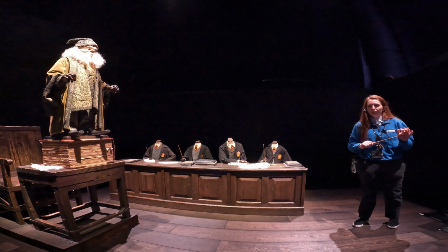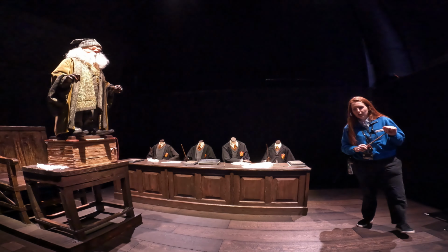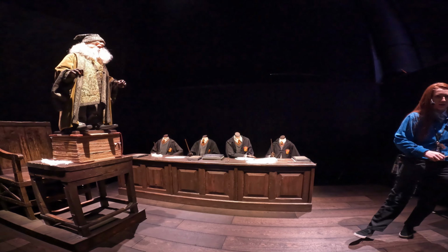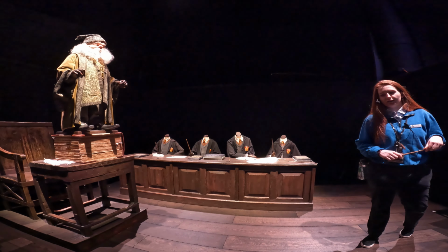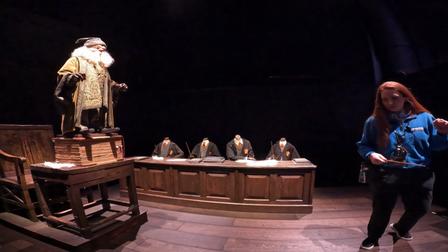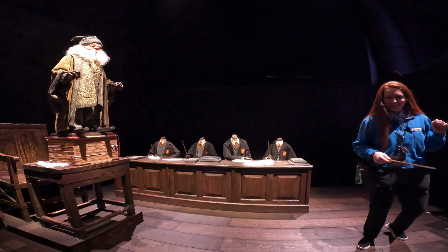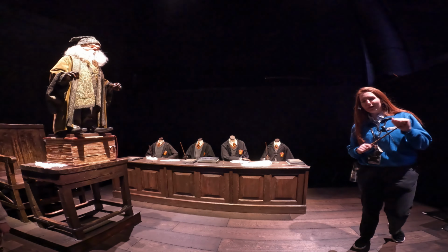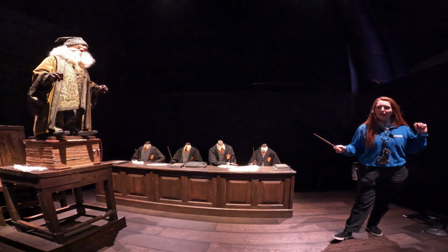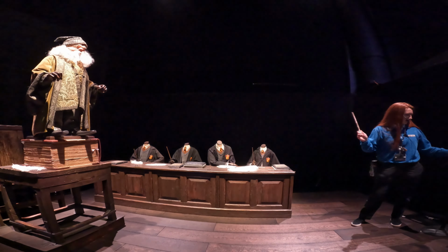Now, do you all know this very important question, which is the magic spell which causes our feathers to move up into the air? Does everyone know this spell? Shout it out if you know the answer. Wingardium Leviosa. And we're going to have a go at doing that, so you have to do a nice big swish and flick. So shout it out for me. Swish and...